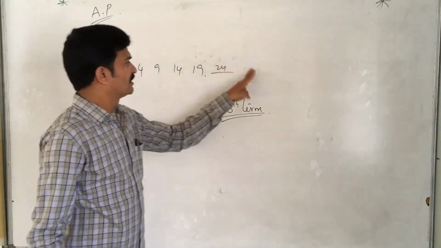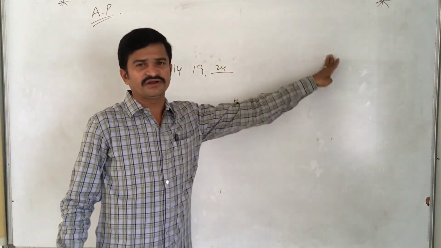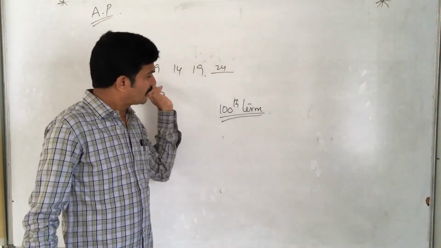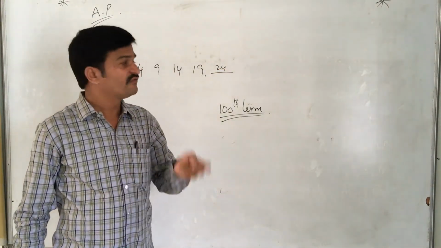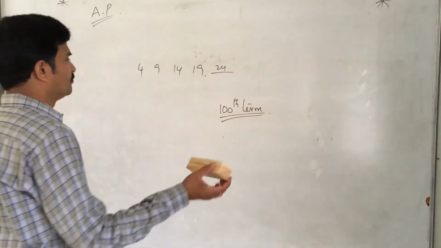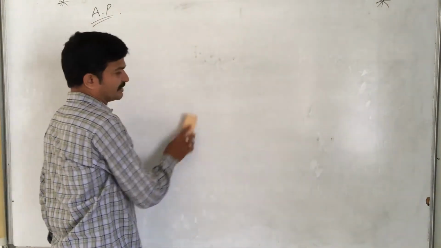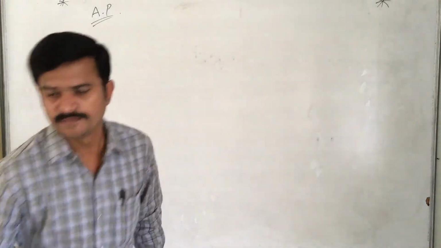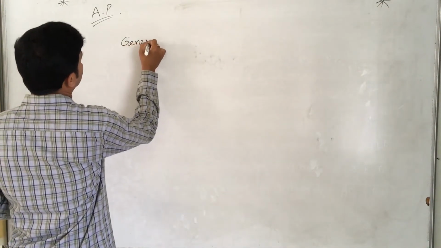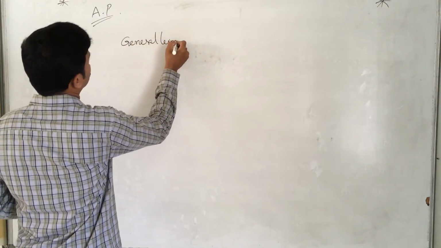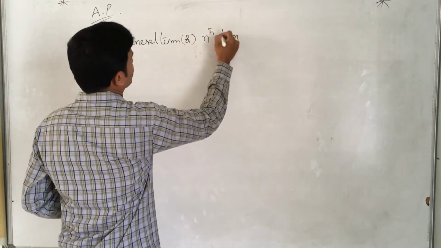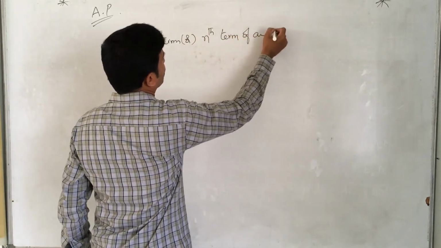This is the fifth term. 29, 34, 39, 44, 49, something like what we are writing. Keep on writing 100 terms is a little difficult for us. For reducing that burden, we have one beautiful, important formula. The foremost formula in arithmetic progression is the general term, or nth term, of an AP.